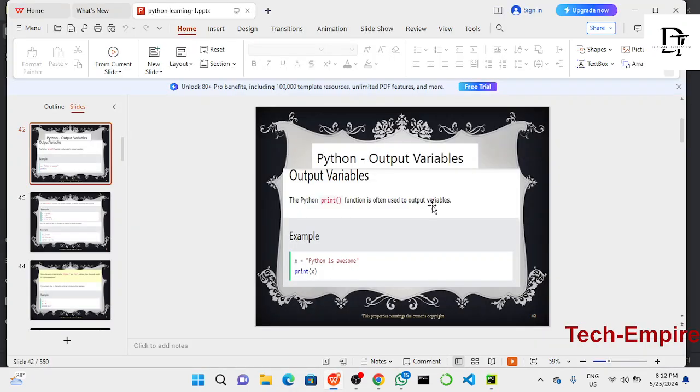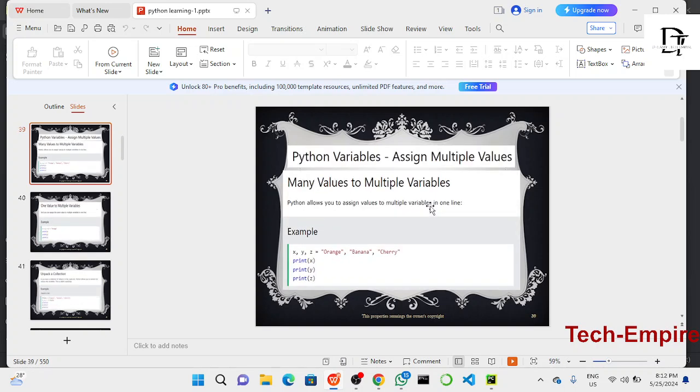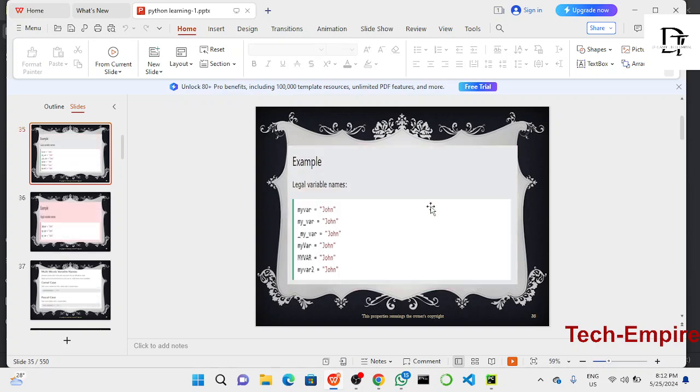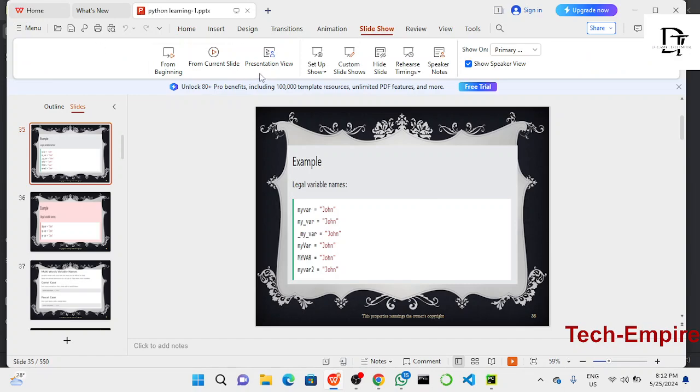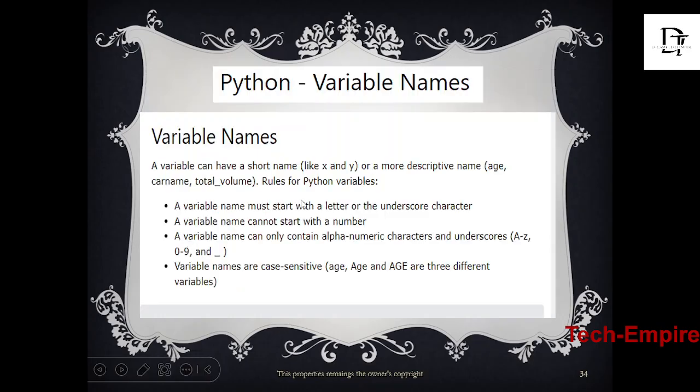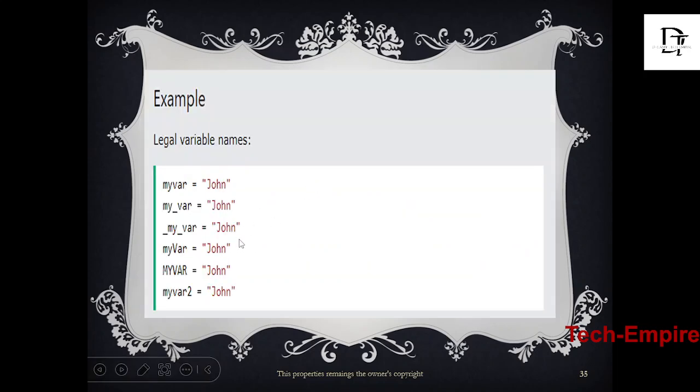Actually, I stopped here yesterday. This is just a quick recap of how to create variables, where we stopped yesterday, and these are some of the examples.